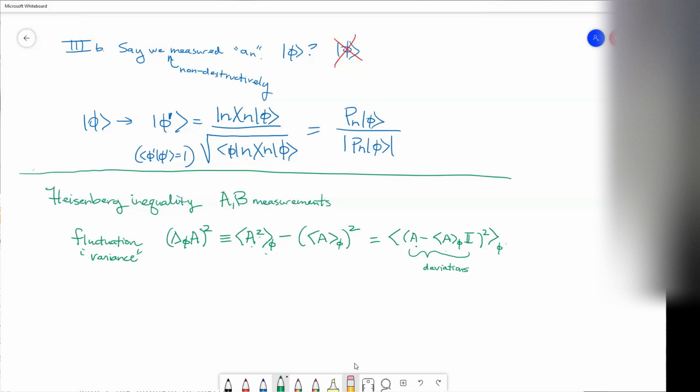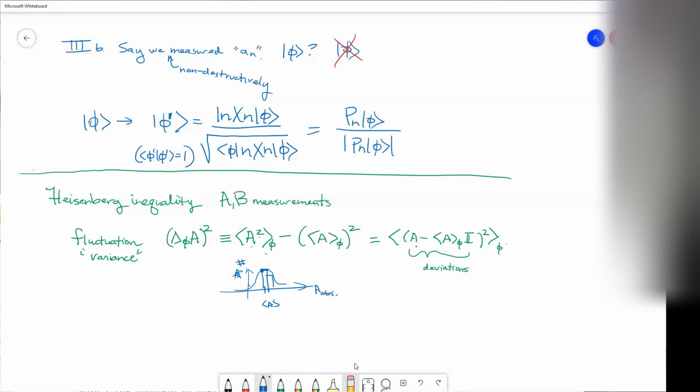You can measure the variance. If you do a bunch of experiments, you measure a bunch of times, you get a distribution. So this is the number of events, and this is the A that you observe. You might observe a bunch of A's at around the average value, so you have lots of numbers here.